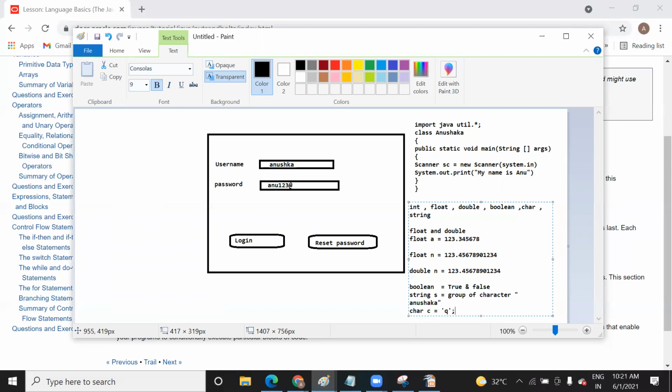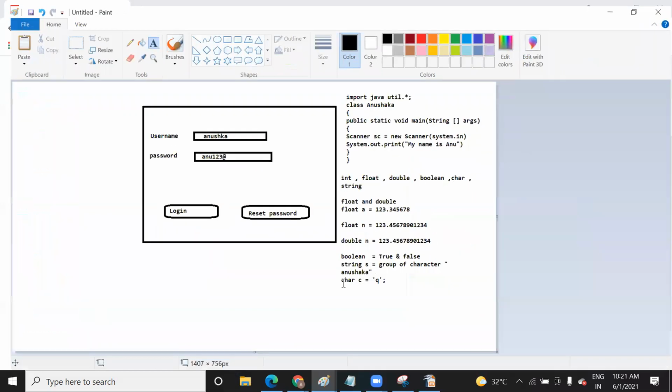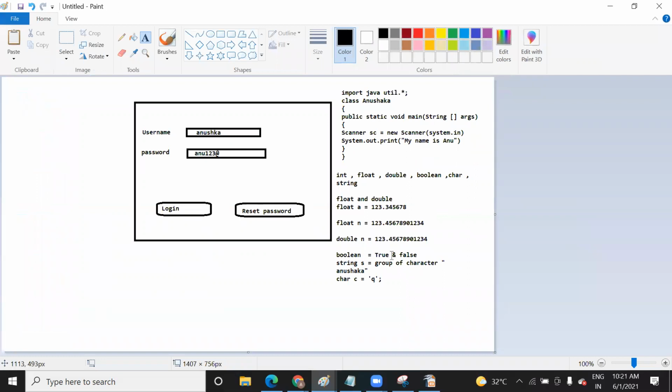So by this representation, you can easily find out which is a string or which is a float, and in this way we can understand what a boolean variable is, and these are all different kinds of data that you can hold.